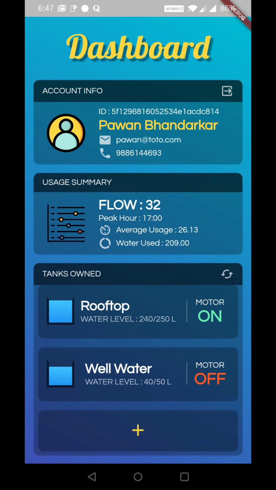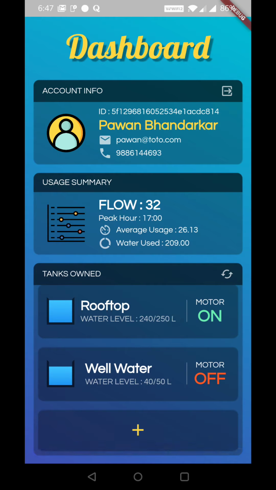So as the motor runs in real time on the hardware unit, and as the water level in the database is updated by that hardware unit, you can just press the refresh button right here, which shows you a little animation, and it shows you that your GUI is in fact showing you the latest data as per the database.